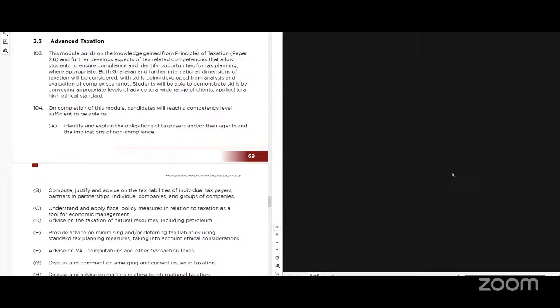Also, because they've sold the mindset that tax and audit is not difficult, people think it's something I can sit down to at the last minute and just go and take one or two. For me, I can do last minute for you and you go and pass because I've done it over and over again. But if you yourself don't sit down to learn, I'm telling you, I can give you all the points in the world and you still won't make it. Do you get what I'm trying to say?